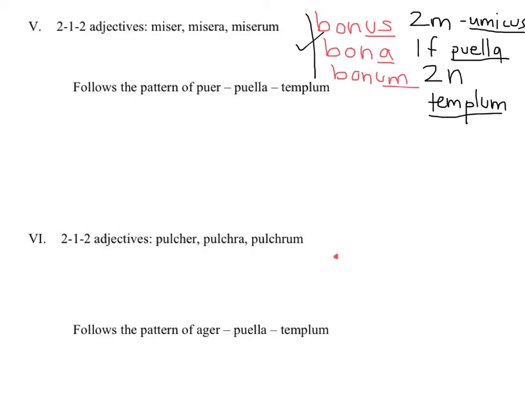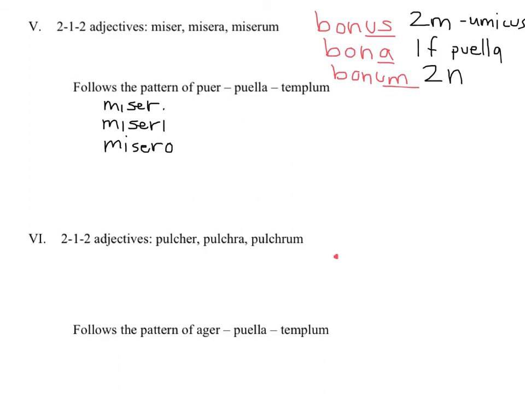Now the book teaches you a new kind of subcategory of 2-1-2 adjectives, which follow the pattern of miser, misera, and miserum. This is not a greatly drastic change, however, in the pattern, because miser follows the same exact pattern as puer, which you just saw on the last screen. So it goes miser, miseri, misero, miserum,